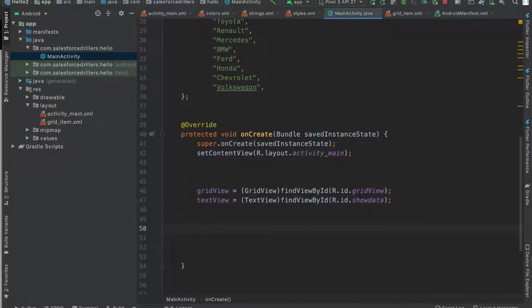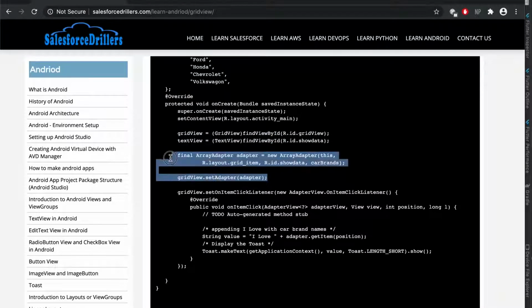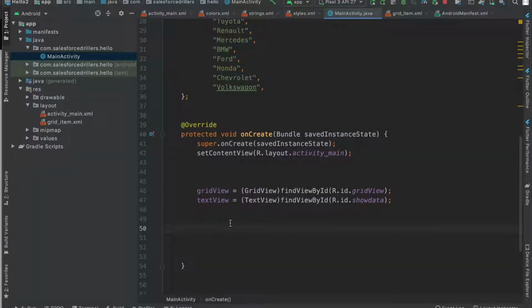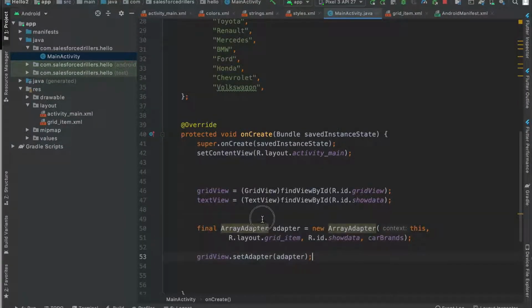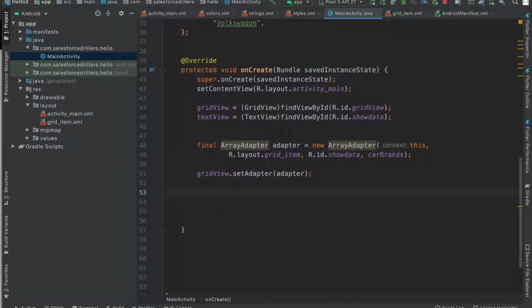So now the next thing we are going to do is copy paste that adapter thing. I have already told you why we need an adapter in the list format. So the adapter is basically used for the connection between that list view or grid view and their rows. So it will automatically create the rows for whatever list items are there in this array.